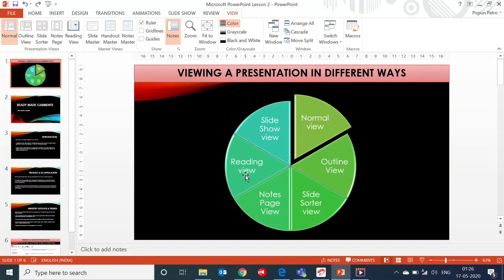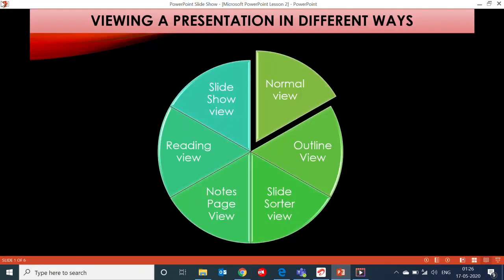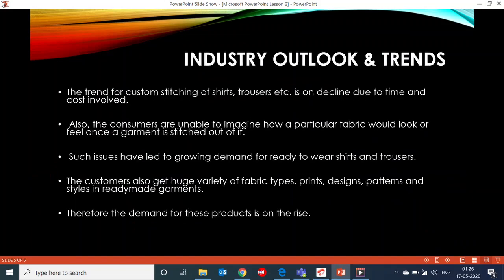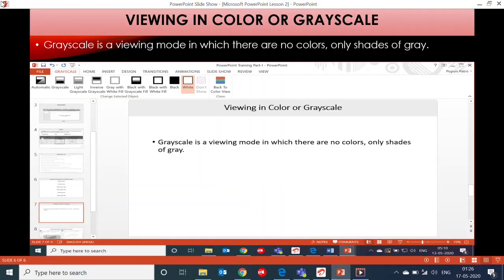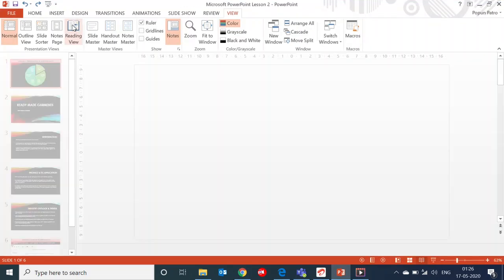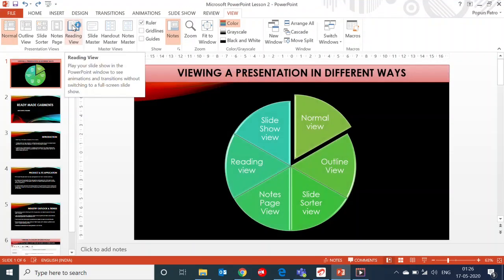Now reading view. Here is the reading view. Click on reading view. In reading view, slides are shown completely in full page, and you can also see the rest of the slides by clicking the down arrow key. This is reading view. And the last one is